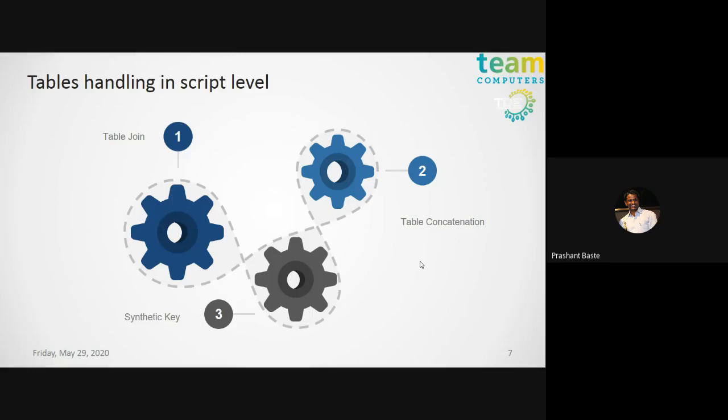Then, let's say we are talking about hierarchy, for example a business hierarchy. The reporting of a person will have the same attributes as the person who is reporting to him, but their linking will be on a different basis, and this may cause a synthetic key.